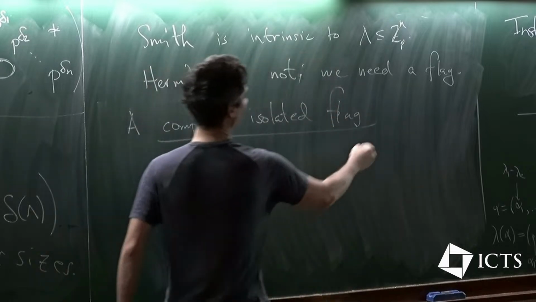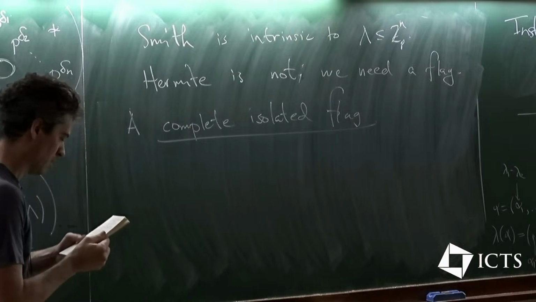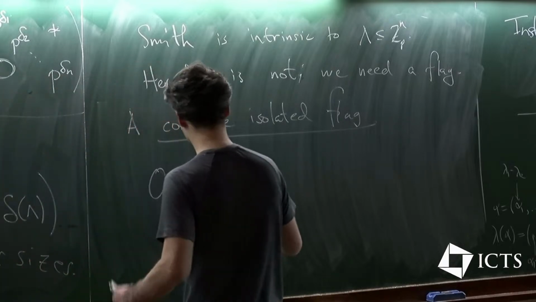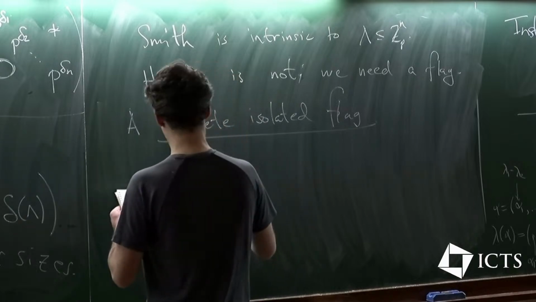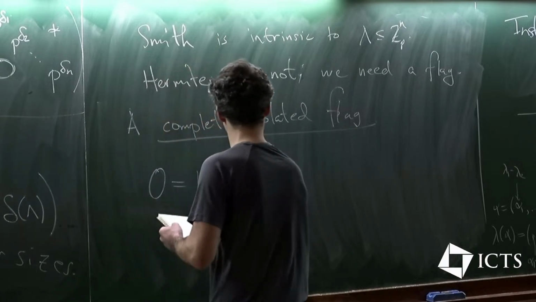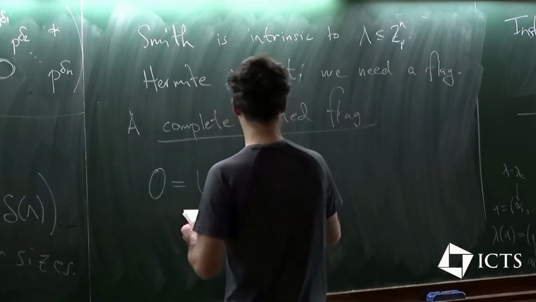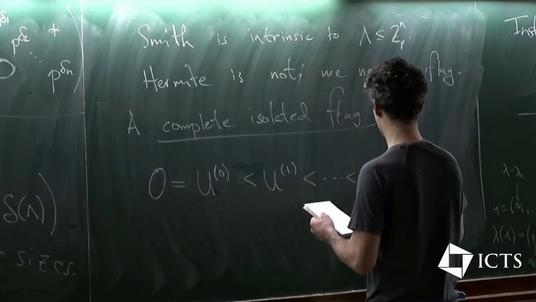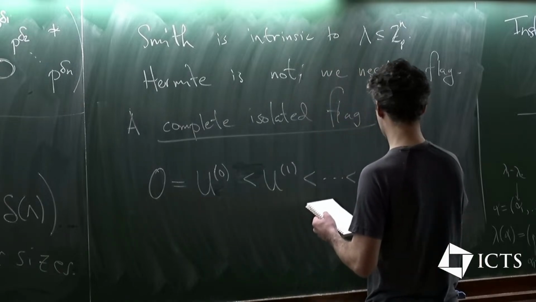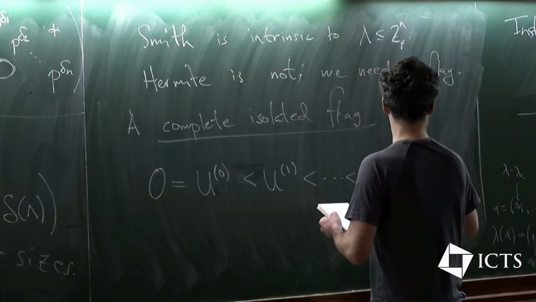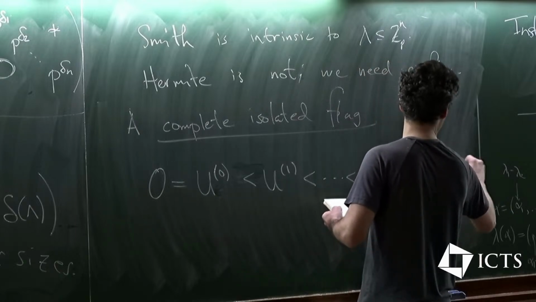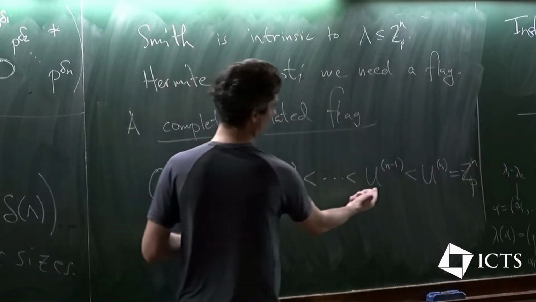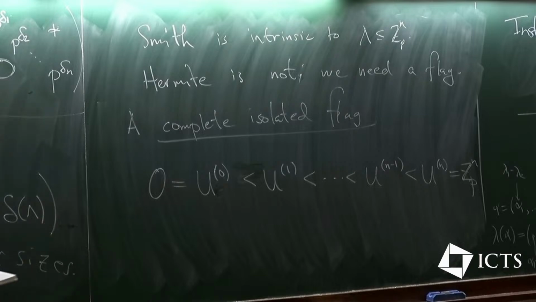It's called a complete isolated flag. Okay? So what do we have? We have that this is going to be something like this. Let me use the notation we have. The U superscript i's are submodules, U^0 through U^{n-1}, of Z_p to the n. So each of these are submodules, sub-Z_p modules, if you like,